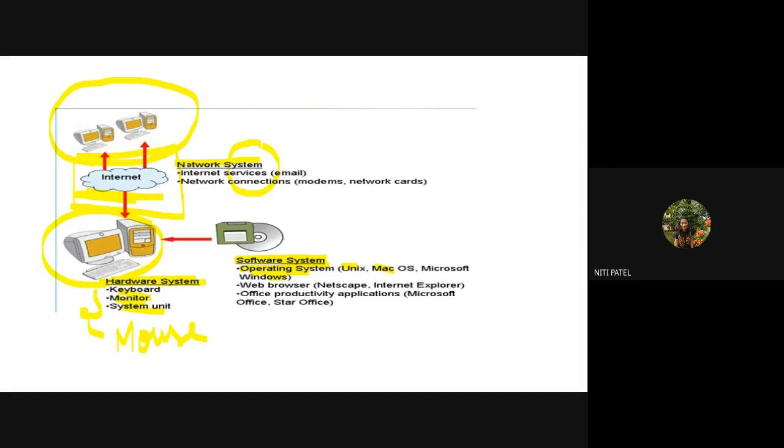Second, if you have a network connectivity, suppose I want two systems to communicate and I have enabled my internet or set up an internet connection, how is that internet connectivity being used? With the help of web browsers. We are all aware of different web browsers: Google Chrome, Microsoft Edge, Internet Explorer, Opera, Safari. All these are different kinds of web browsers. After the internet connectivity is done, you can use it with the help of a web browser. So that is also one kind of software required in your network system.